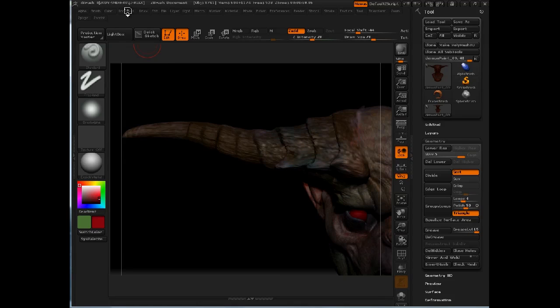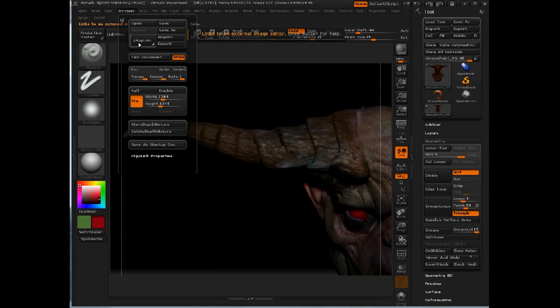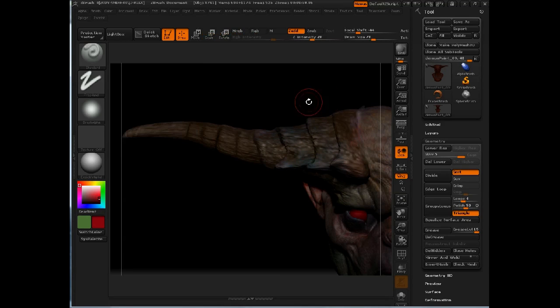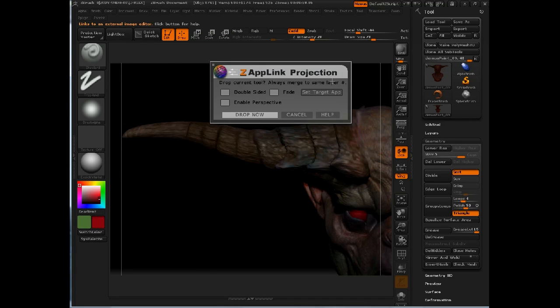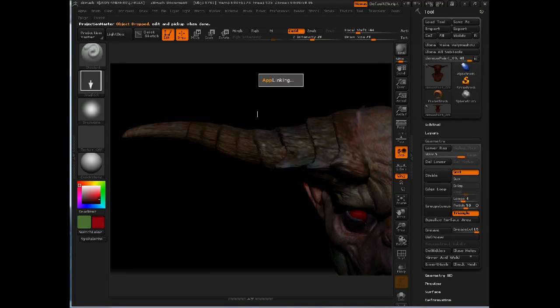So I'm going to go to Document, and I'm going to press the ZApplink button. And the ZApplink button is going to bring up Photoshop. So if I go to Document, click ZApplink, it brings up the ZApplink projection window, and I will click Drop Now. You can turn on double-sided here, and that'll project that horn texture through to the opposite side. It can be time-saving, but be aware that it will create stretching along the top and the bottom. So I click Drop Now,